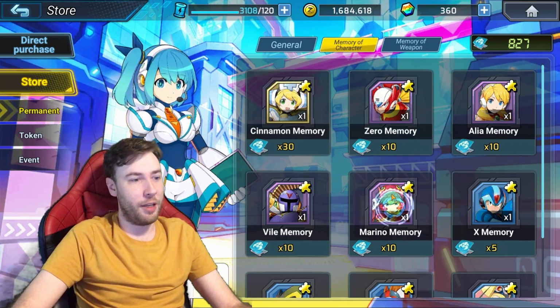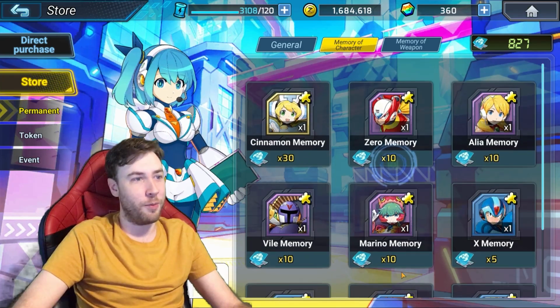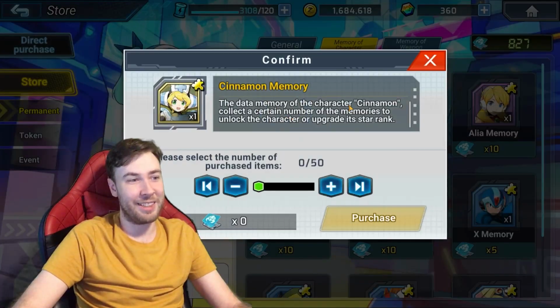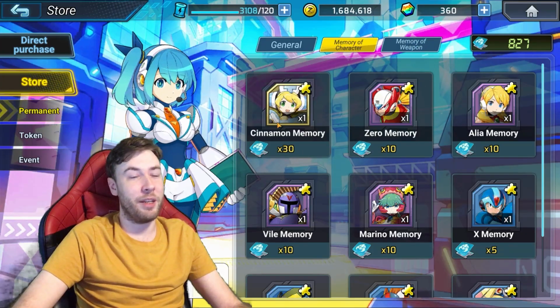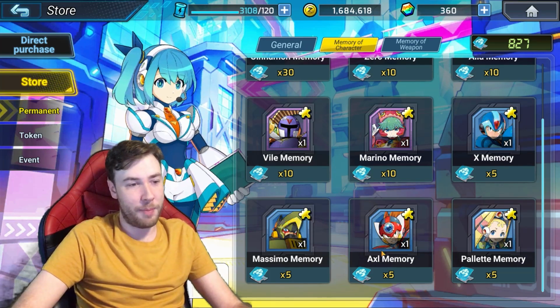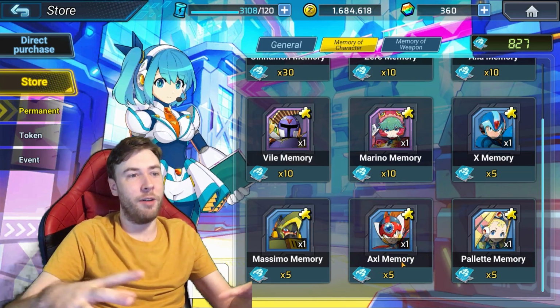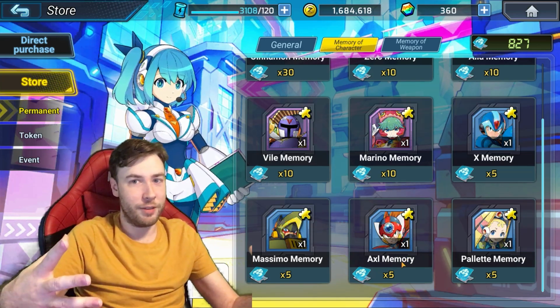But you can come in here and you can see some of these characters. It is so cheap to start up the B tier characters. It costs just a fraction of what it would do to an S class. So I have Cinnamon and she is really good, but I could level up Axel or Massimo really easy, and I'll show you what the benefits are of starring up the characters. So we'll just look at